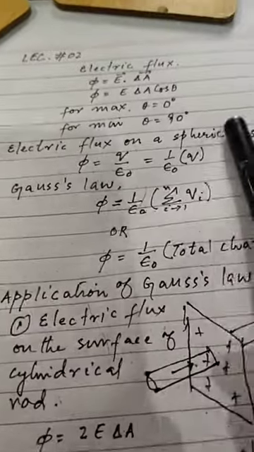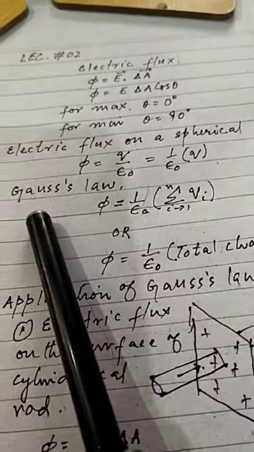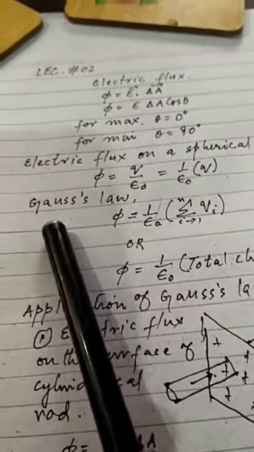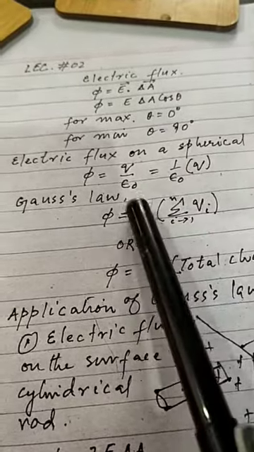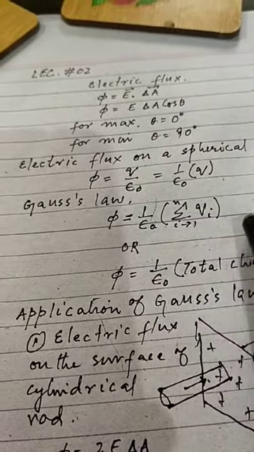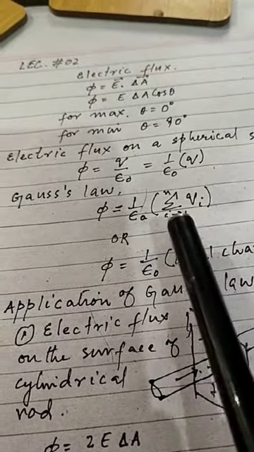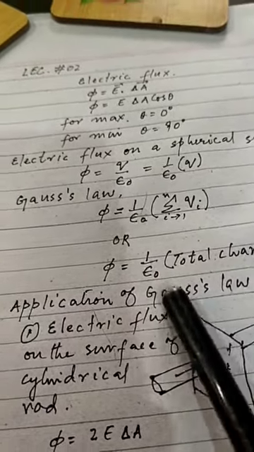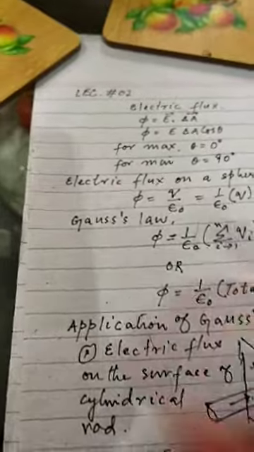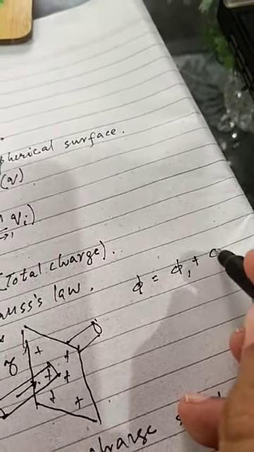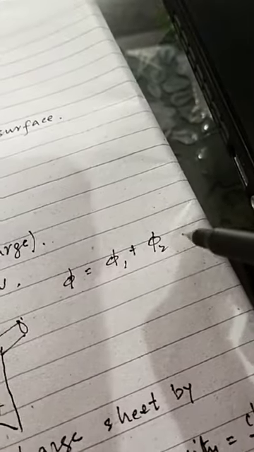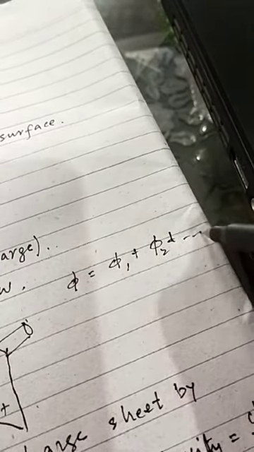After this, I have already discussed Gauss's law. There were two statements of Gauss's law. The first statement was this: total electric flux is always equal to 1 over epsilon naught times the sum of total charges, and it is another mathematical form. Another statement of Gauss's law you can write like this: phi is equal to phi 1, phi 2, and so on, plus and so on to